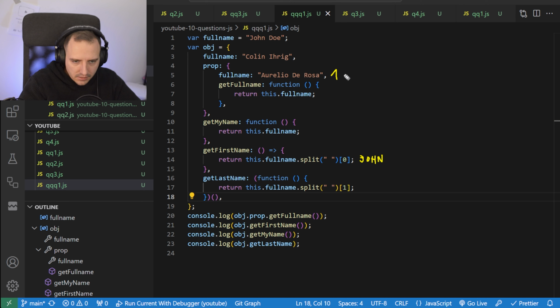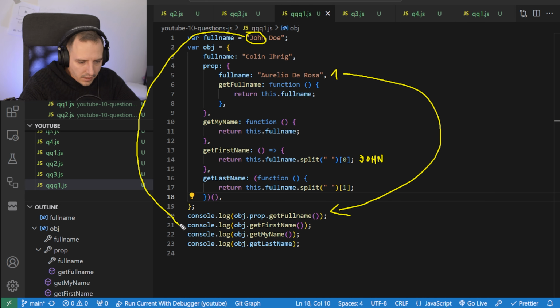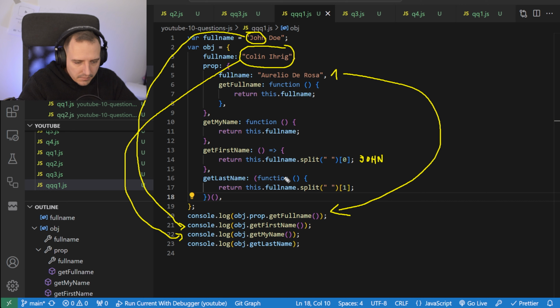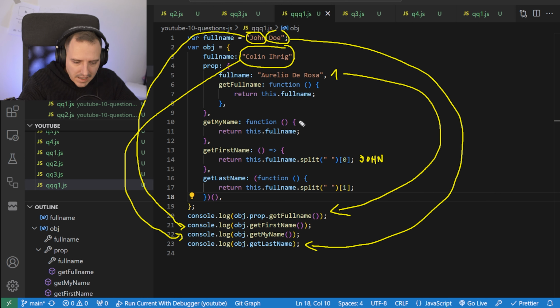Okay, so let me just use an arrow. This is going to go here. There. Much perfect, right? And then getMyName is a simple full name. It's calling this full thing, so it's going as third. getLastName is in a closure. Then that means that it goes up here, I think, and it's gonna print Doe. So that's what I think it is.